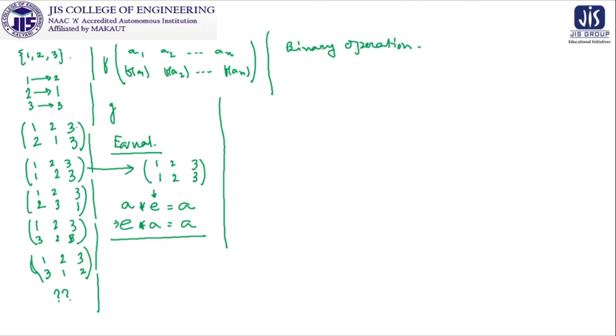So you have to define one binary operation. The operation, or composition, of permutations is something like that. Look at this, I am firstly going to give you an example. Suppose 1, 2, 3 goes to 3, 2, 1, and another one is 1, 2, 3 goes to 3, 2, 3, 1.